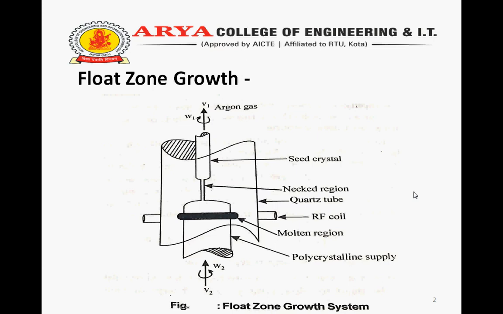The entire apparatus is encapsulated in a vacuum system or in an enclosed chamber with inert gas purge. To ensure growth in the preferred orientation, a seed crystal may also be used. In this technique, a thin neck of 3 mm diameter and about 10 to 20 mm length is pulled. A disadvantage of float zone growth is the difficulty of introducing a uniform concentration of dopants.